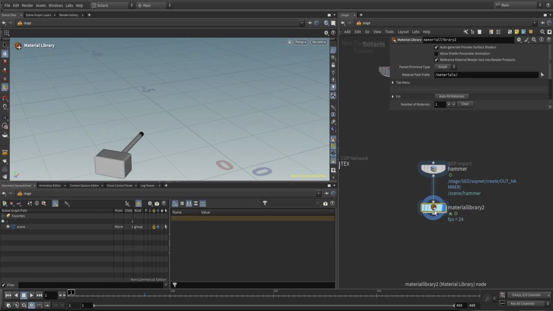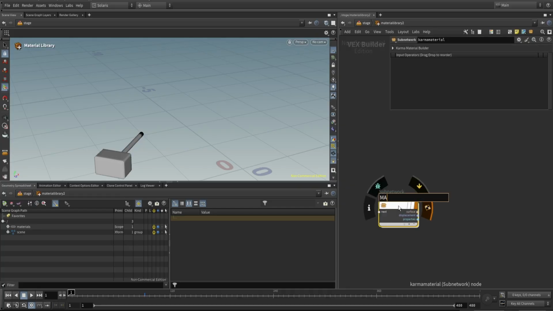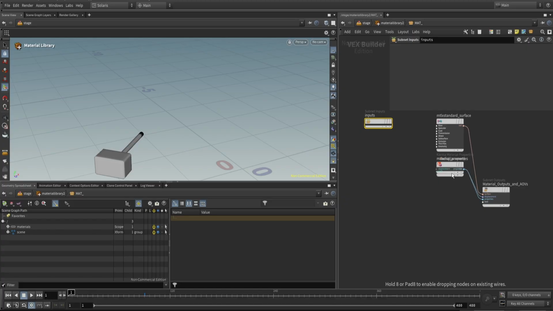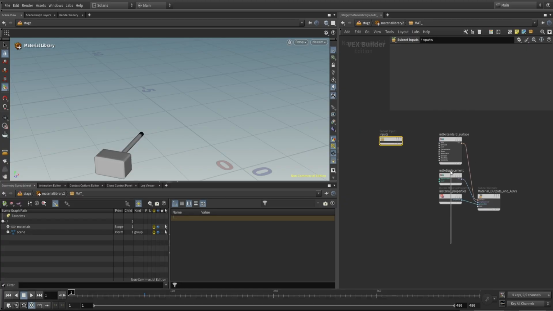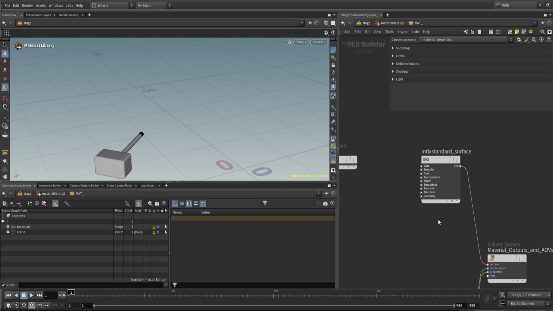And I will copy that material library a bunch of times, so I want to prepare it already. So, comma, material builder. I call it mat underscore something. We will fill this out after we copied it. And just so we have easier access, if we want to plug in anything, I want to just